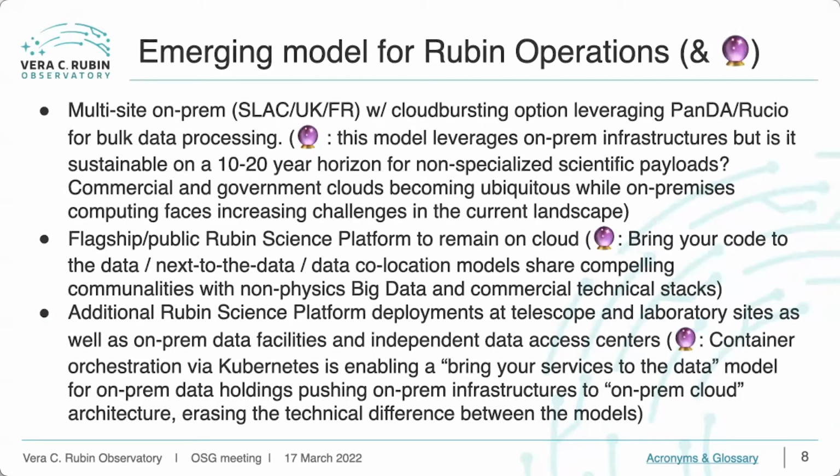Number one, cloud bursting. We heard about that already once today. Cloud bursting, I think, is an extremely viable and compelling model. This is a model in which you do not size your on-premises infrastructure for peak loads, but you service peak loads by bursting into a cloud provider. And of course, the multi-site data processing infrastructure using something like PanDA and Rucio places you reasonably well for that model.